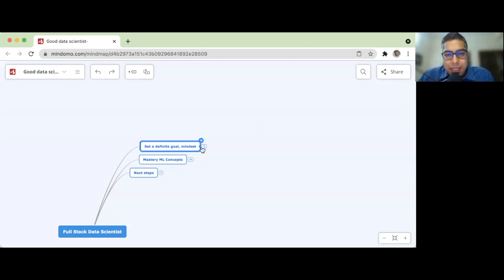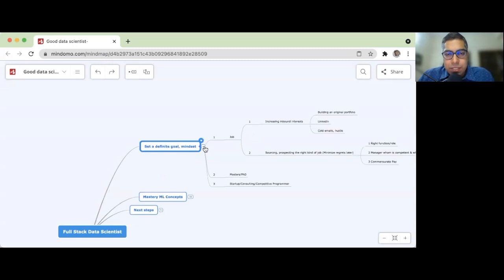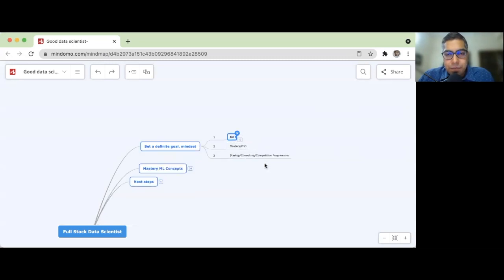Number one thing I see that people, I won't say lack, so let's be a little more positive. Number one thing is people don't have a definite goal. Now, how definite should your goal be? Actually, 99% of people don't even set a goal, which is very bad. That's a recipe for disaster. Now let's look at what that might mean.